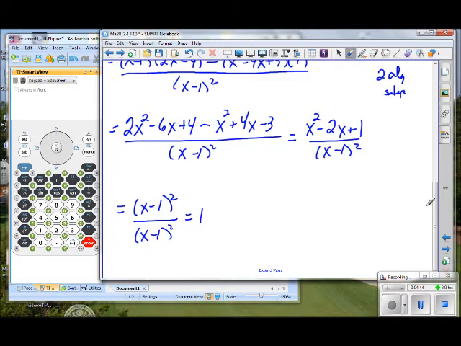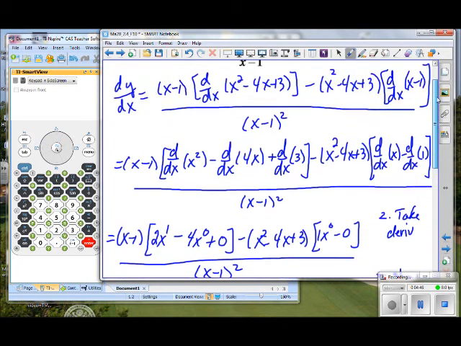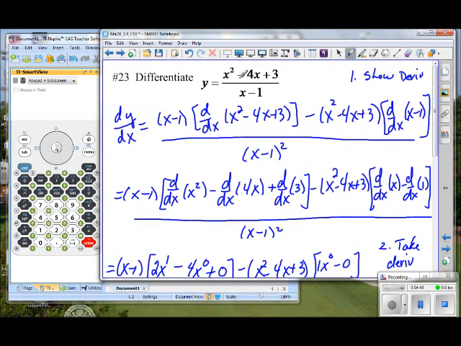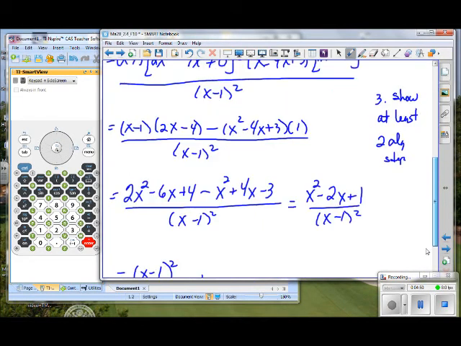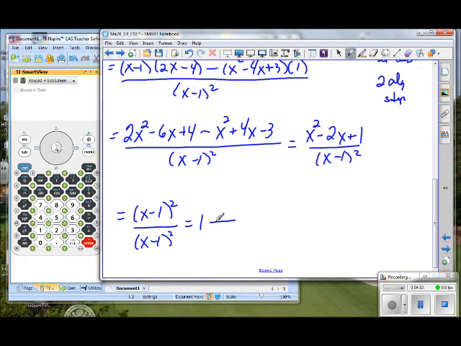Now what does this tell us about our original function? Well, again, this is a function. This is telling us the slope of a line tangent to the curve at any point, and since this turns out to be a constant, it would mean then that regardless of the point,